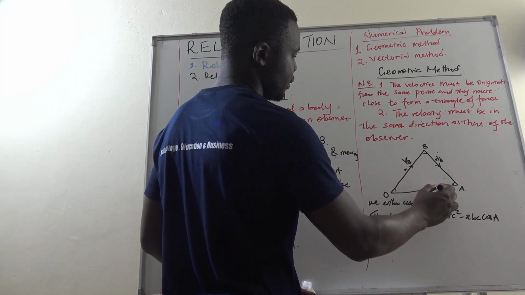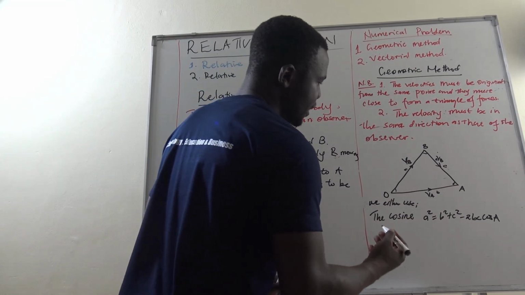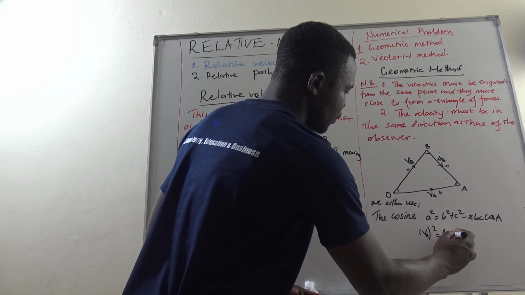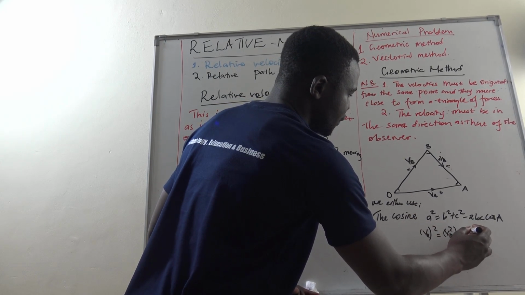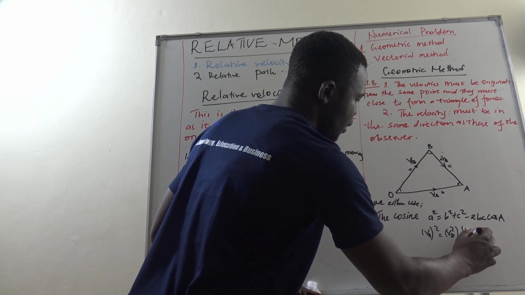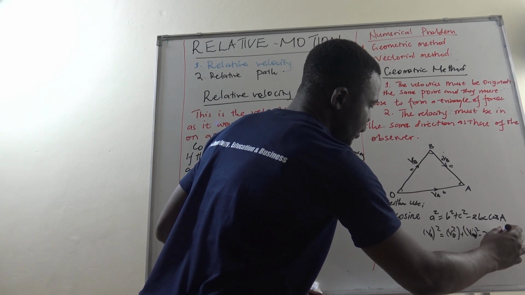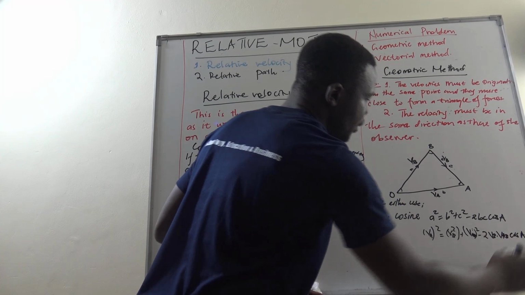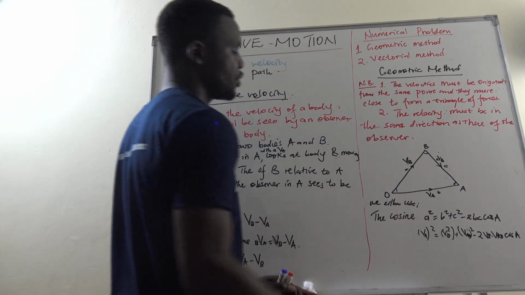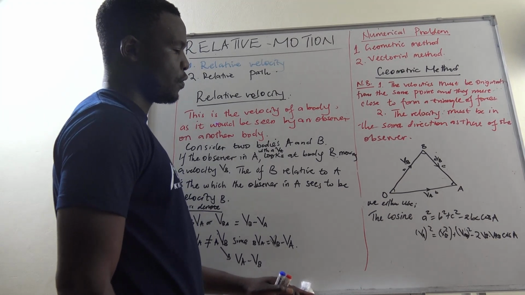This is our side A, this is our side B, and this is our side C. So, if we put in our values here now, this will mean that VA squared is equal to VB squared plus VAB squared minus 2 VB times VAB cos A. And from that expression, we shall be in position to get our relative velocity, the relative velocity of A to